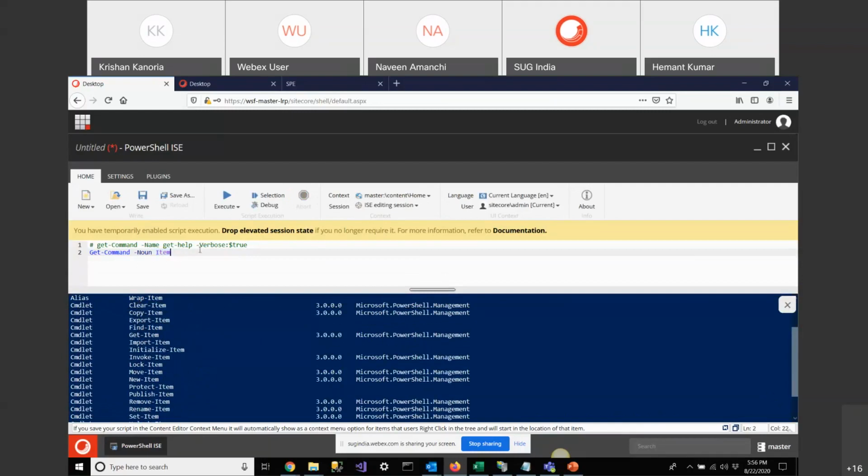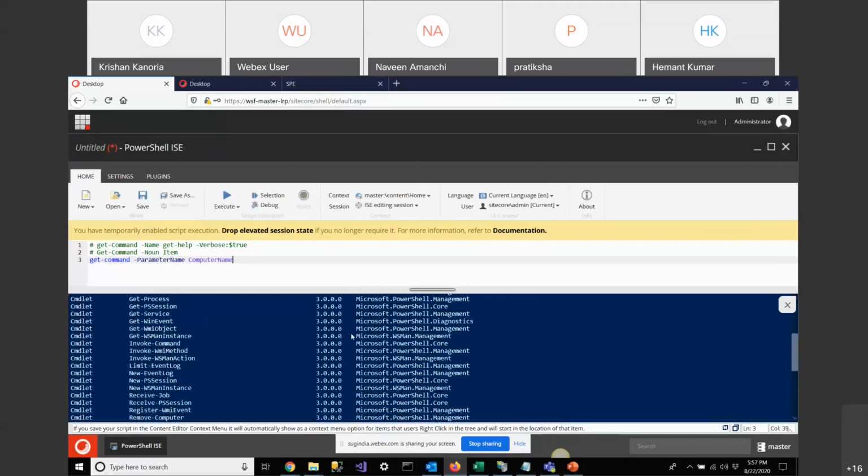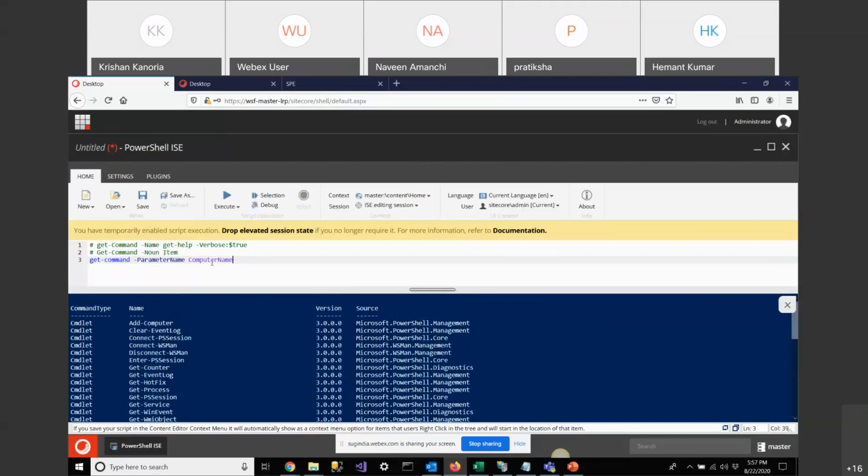Suppose I provide Get-Command, then -ParameterName. If I execute this, I have provided the parameter name ComputerName.